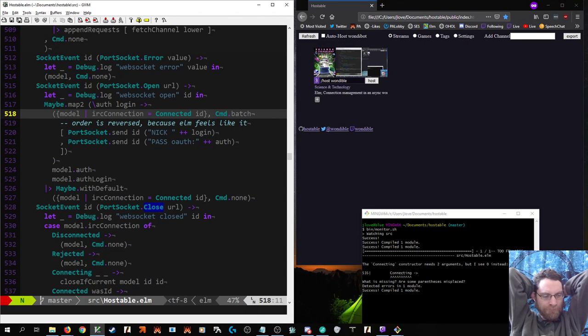And we have to do that regardless of our other maybe map default thing going on. So if we get an open and we are in a state that has an ID,